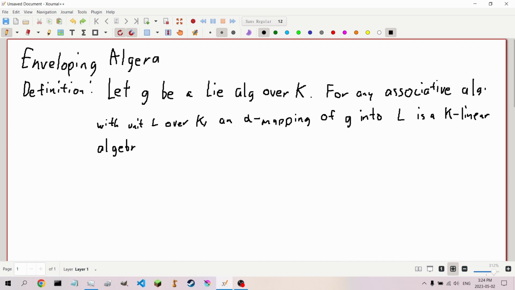Sorry, it's not an L, it's a K-linear mapping. What does that mean? So this alpha mapping of G into L is going to be K-linear such that,